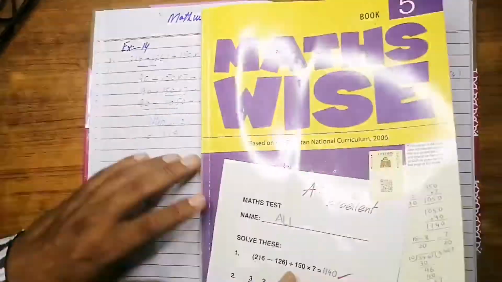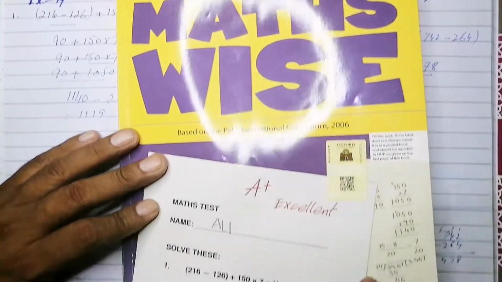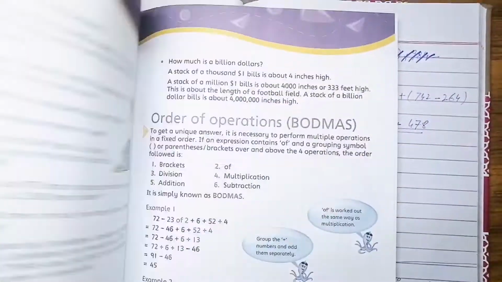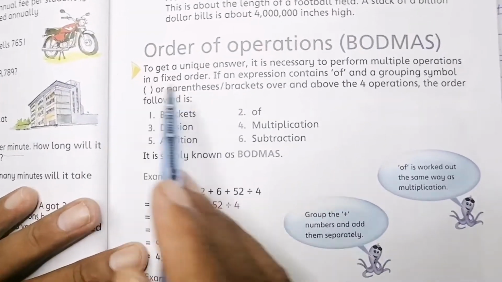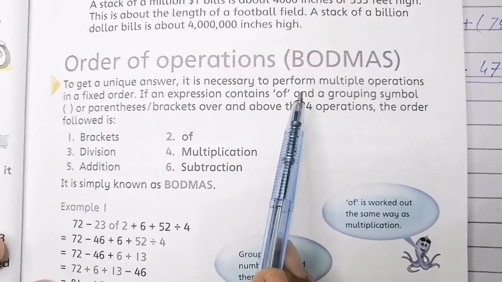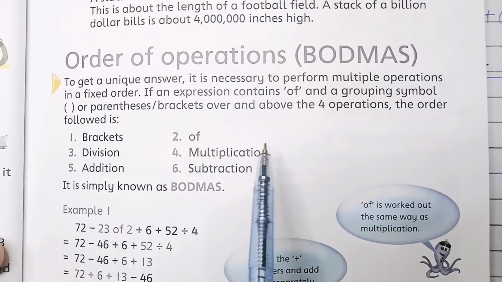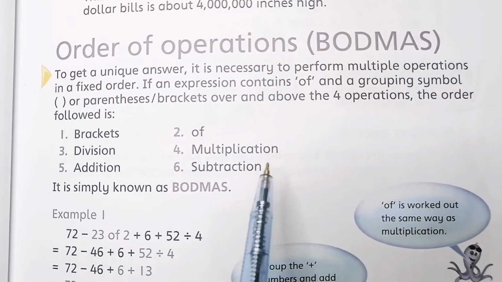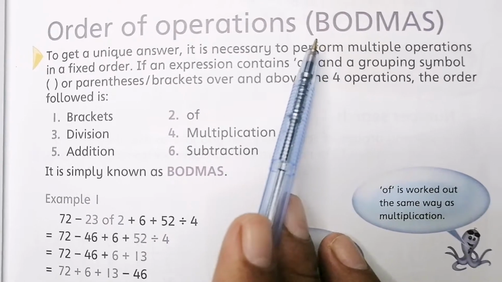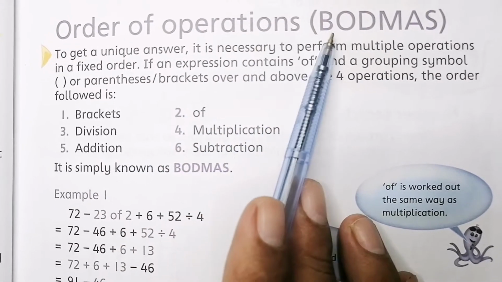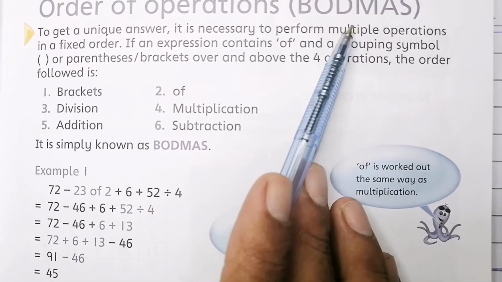I'm your maths teacher. So today we'll study from Mathwise book 5. Right? So dear students, already in the previous classes you might have learned about number operations, that is, how to operate numbers, right? So about the operations you have some idea. So we will discuss today the order of operations, right? And that concept is about BODMAS, right?